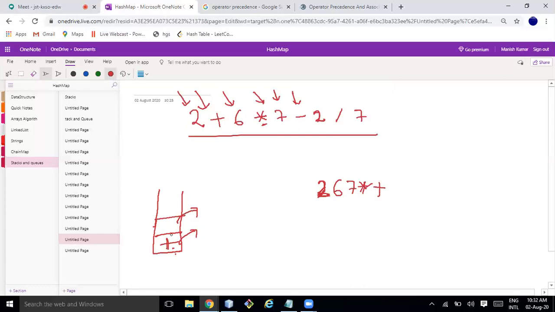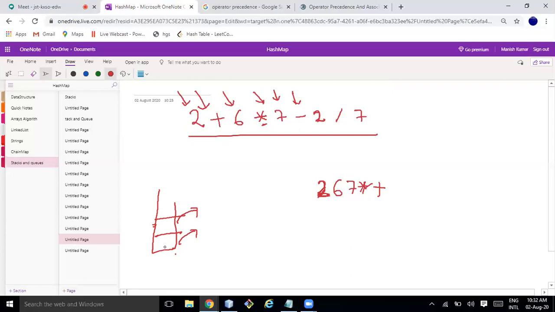For example, if we had a star instead of minus at the 0th location in the stack... Just let me first complete it. Okay, I'll explain your question, don't worry. Let me first complete one cycle. Now no element is there, so I try to pop, nothing is there.